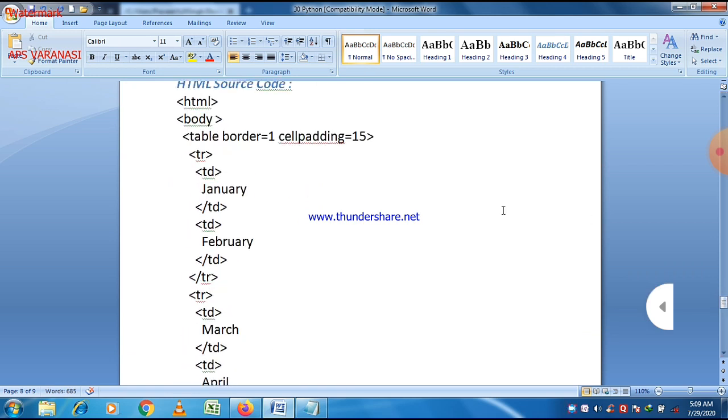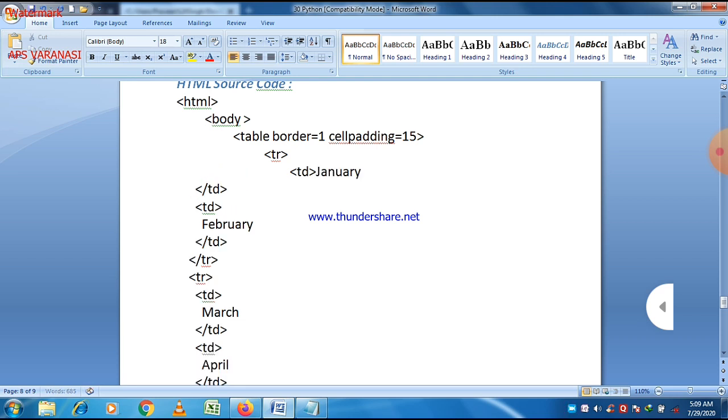So cell padding is 15 here. This program is the same as the previous one, but the only difference is that in this program we use cell padding in place of cell spacing, and all things are the same as we mentioned in our previous program, that is the program related to cell spacing here.